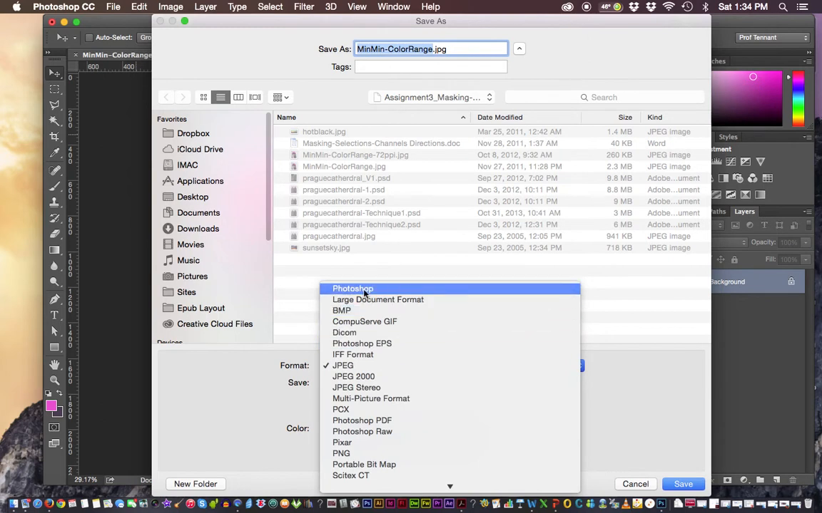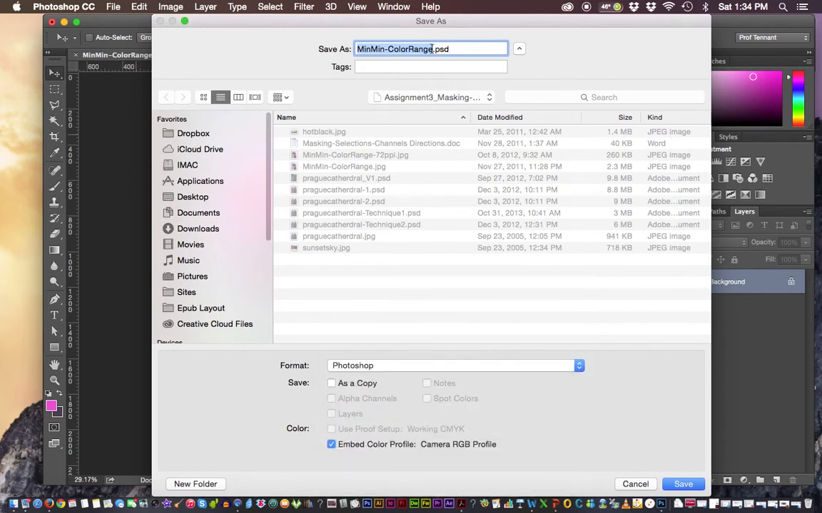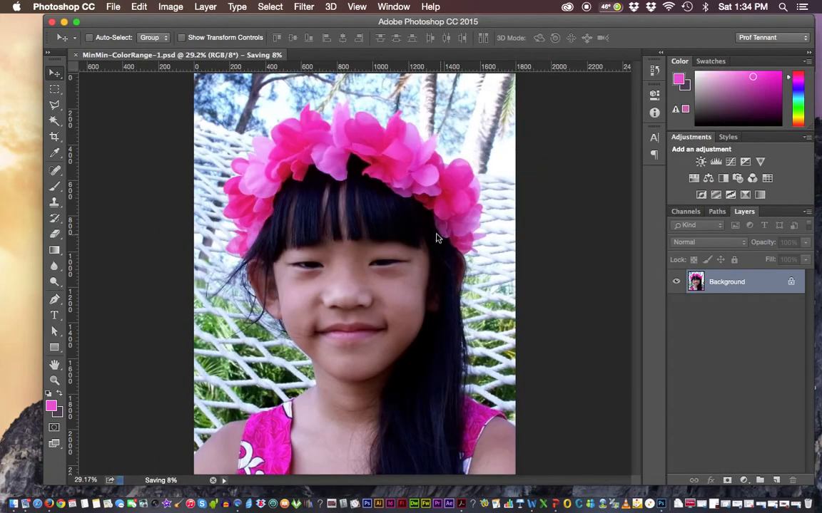Okay, I'm going to save it as a Photoshop file. Min Color Range. You can write color range just as an example if you like. I've done this many times as a demonstration, so I'm going to go ahead and save this as another version. Okay, so now it's a Photoshop file,